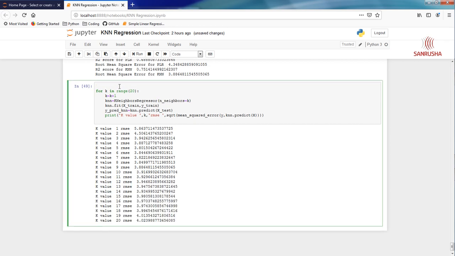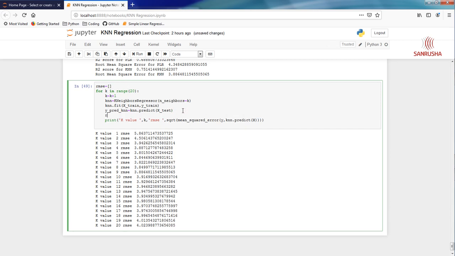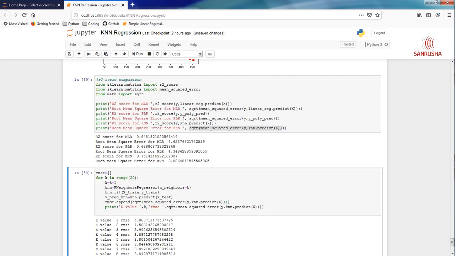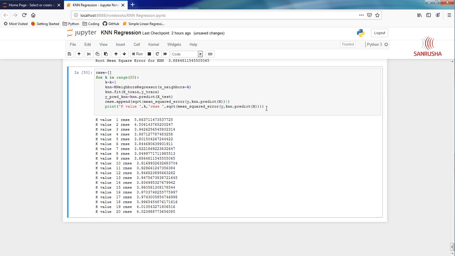Okay, for plotting the graph, I need all these error values in some NumPy array. So let me create an empty array first and then add these error values in that. Okay, let's see, I have all those values.